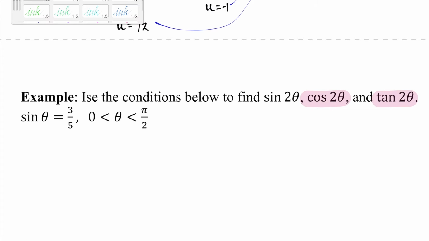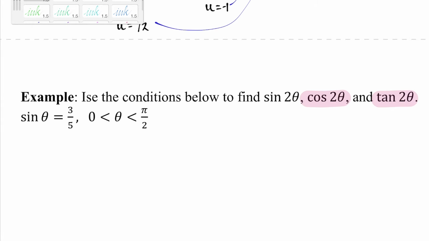Next one, we're going to use the conditions below. Use. I definitely had a typo. Sue me. So we are going to use the conditions below to figure out sine of these double angles. We got sine double angle, cosine double angle, tangent double angle. I'm only going to be doing sine double angle, so sine 2 theta for this situation. And the other two, I'm going to have my kiddos do after I do the hard part,